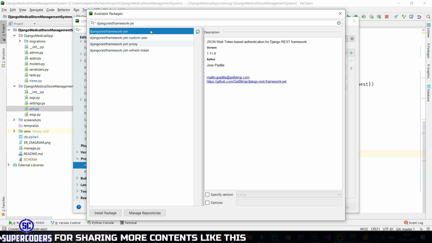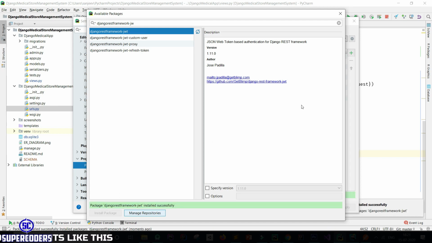Import this, click on this and install package. So it installed successfully in our project. Now close this.